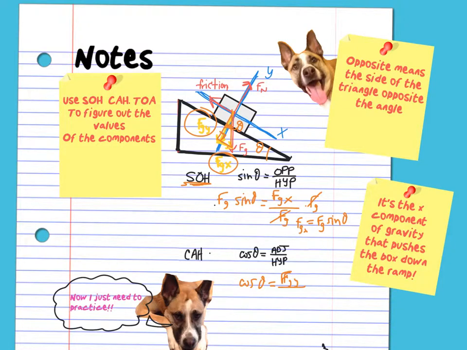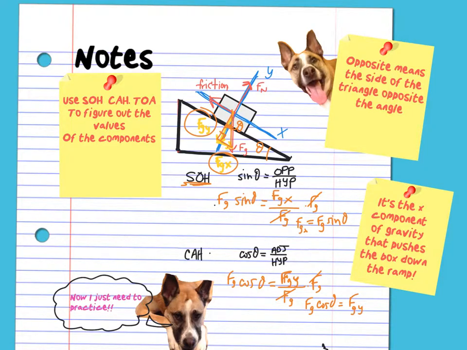Let's make this a little more legible here. The y component, and this is the hypotenuse, and once again, through the magic of algebra, we will get cosine theta equals